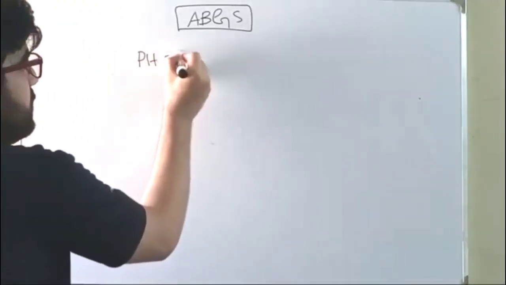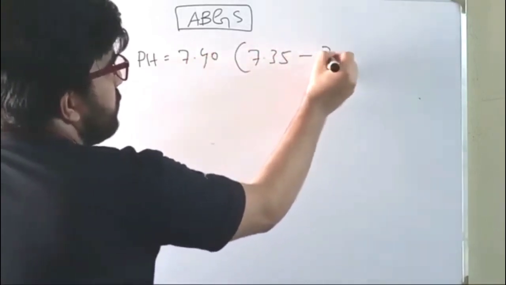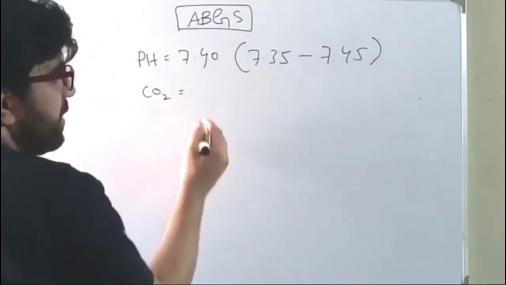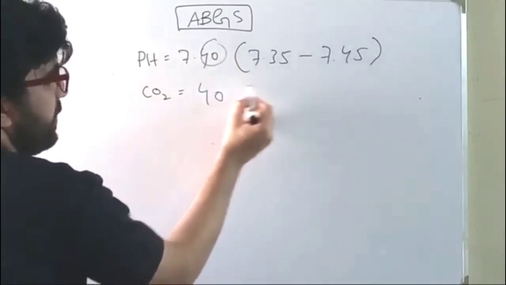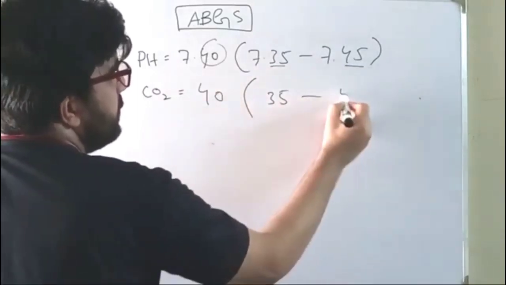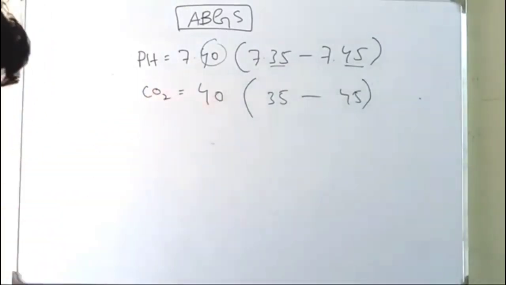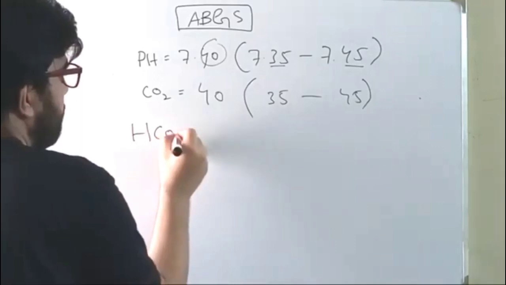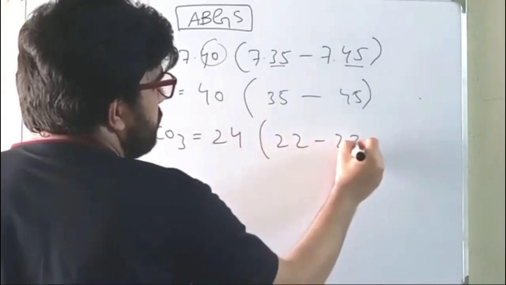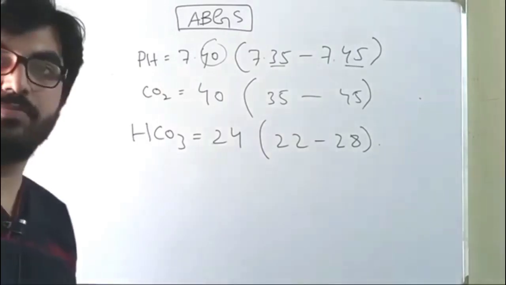The reference pH we know is 7.40, and the range is 7.35 to 7.45. For CO2, the reference value is 40 and the normal range is 35 to 45. So in a formula, if we have to use a single number, we have to use this reference value. Bicarbonate reference value is 24, while the reference range is 22 to 28. Now coming quickly to the topic,